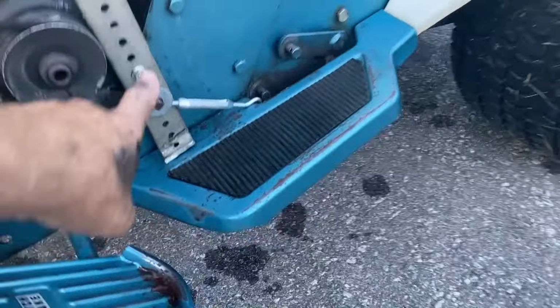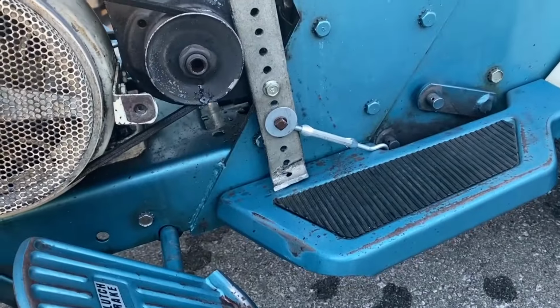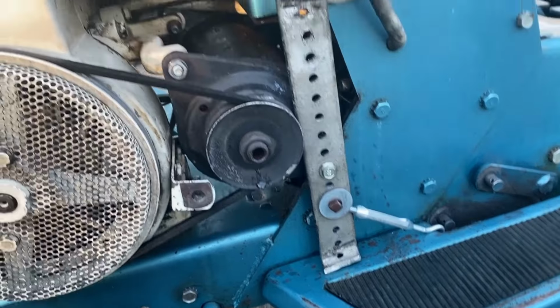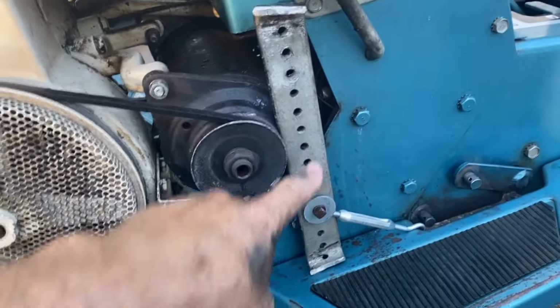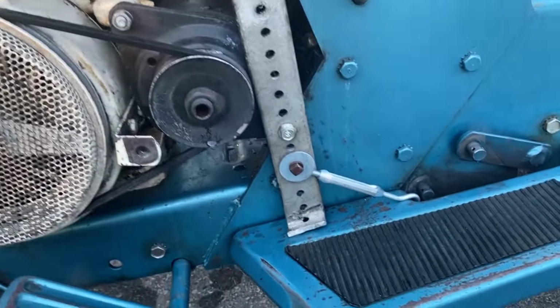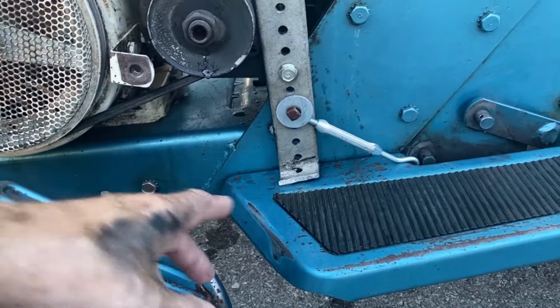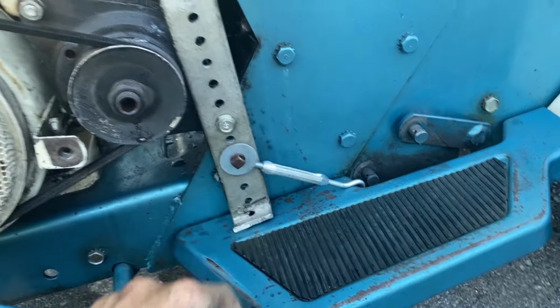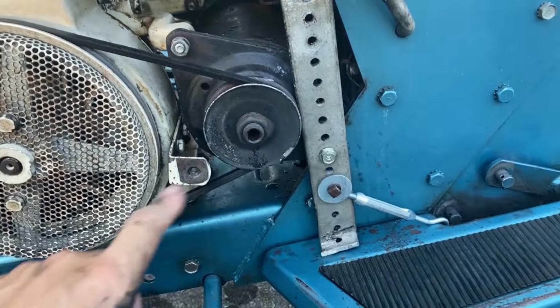and just hacked up an adjusting thing here. I'll have to make something a little cleaner than that, but you can kind of get the gist of it. It doesn't need any of this. It's just a piece that I found in my parts thing. And yeah, the more I pull on it back here, the more it pushes up there, which means the more it tightens the belt here, and